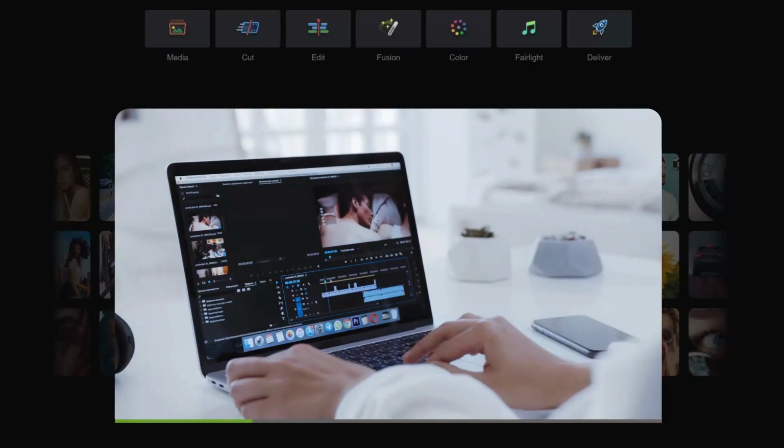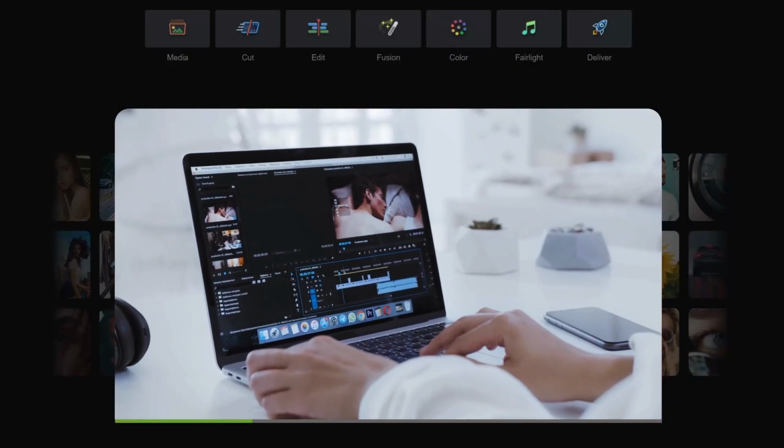Creating a professional video is not an easy task for anyone. It is a time-taking process with lots of skill required, but many people are doing this continuously because they are using presets and templates to speed up and simplify their work. In today's video, we're going to talk about one of the best template packs for DaVinci Resolve, called the